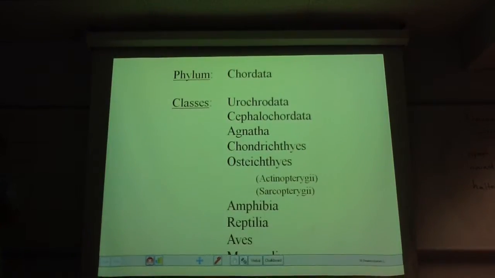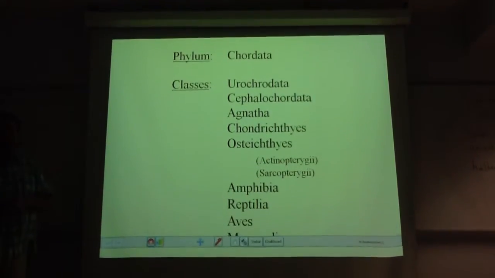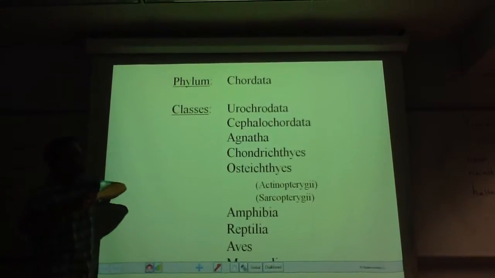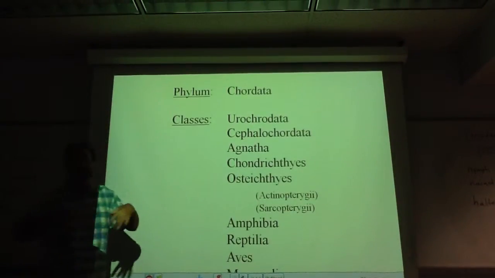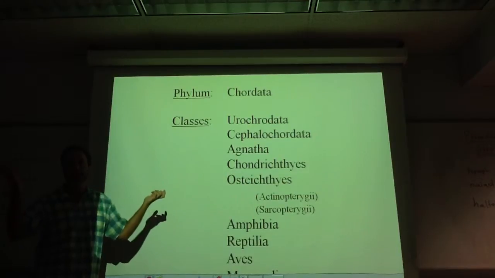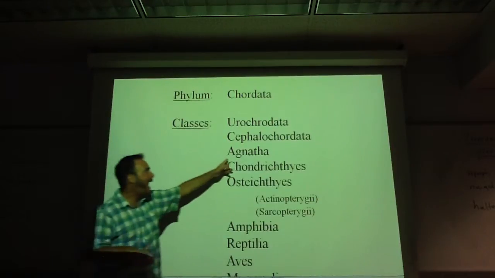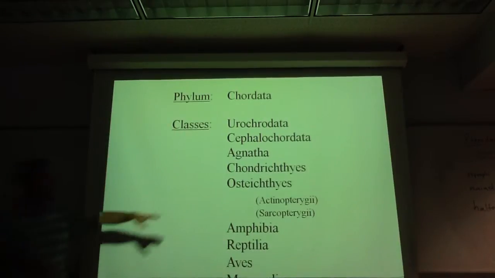Okay, so now is when this starts to get really bad. If we were doing this 10, 15 years ago, when I did it with my high school students back in the 90s, I would have said phylum Chordata, and then I would have taught you these as classes. Urochordates, which include the sea squirts. Cephalochordates, which are lancelets. I'm going to show you a picture of it in a minute. Agnathan, do you know what gnath means? G-N-A-T-H, like the little gnatho bases on the horseshoe crab. Those are his little things he chews with, so it means jaw, right? So gnatho means jaw. So agnathan would be jawless fish, things like lampreys and hagfish.